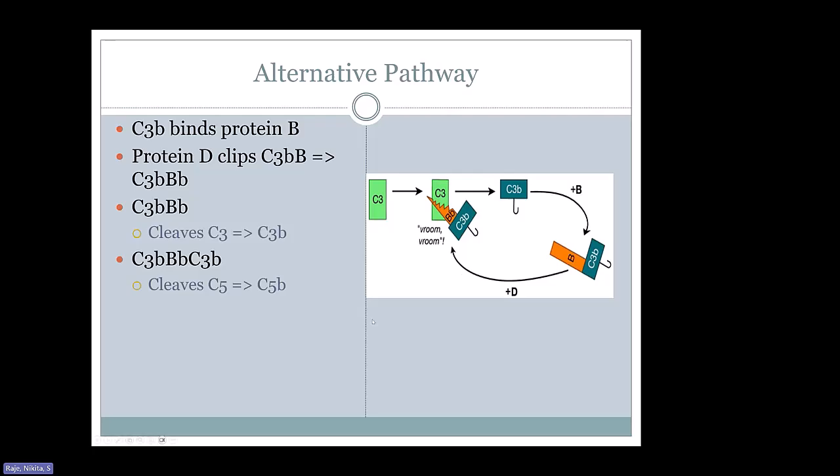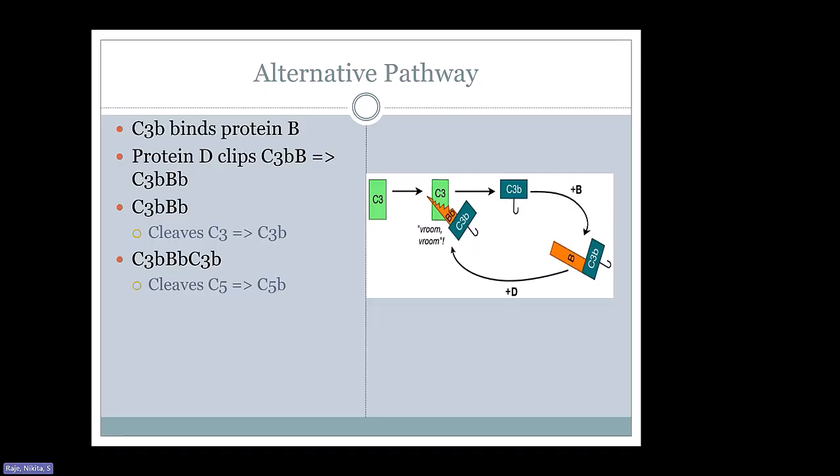Now C3b binds to another protein called protein B. And protein B is like scissors. It comes and clips C3b, right? So now C3b bound to protein B can be cleaved so that protein B is also cleaved to another particle called Bb. So the C3bBb will again act as